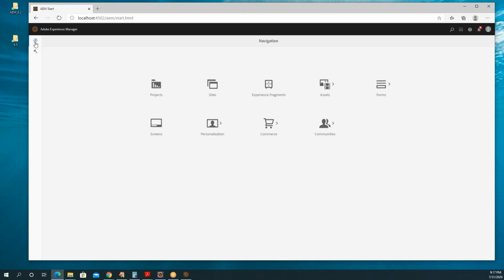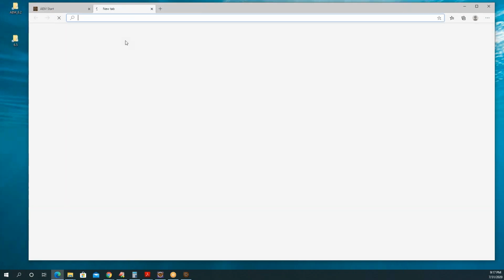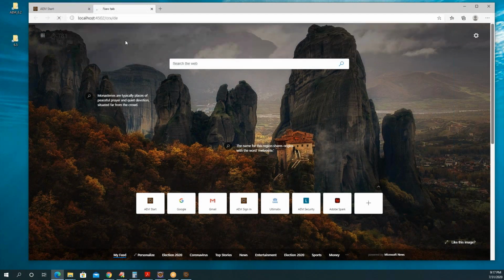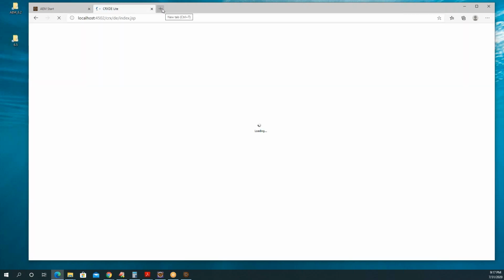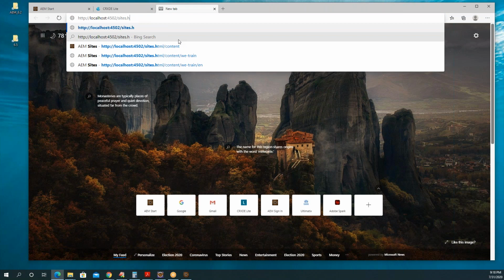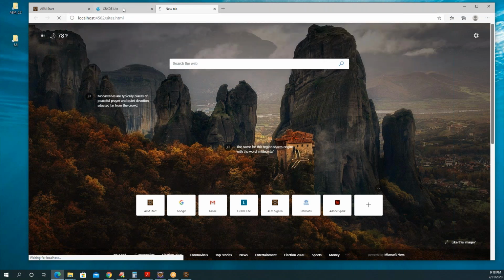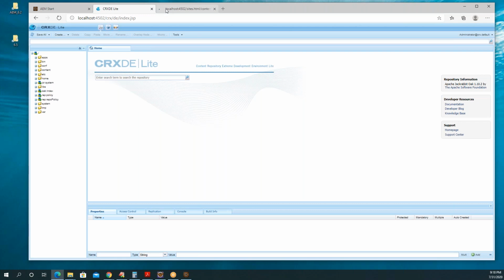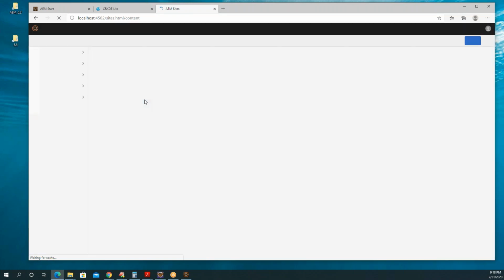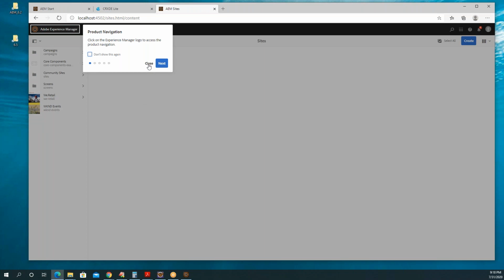All those things are there. So open CRXDE and sites.html.